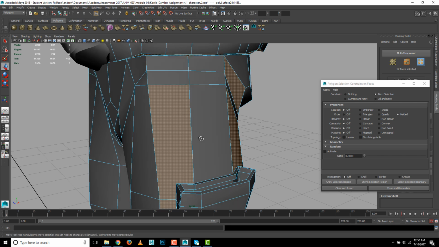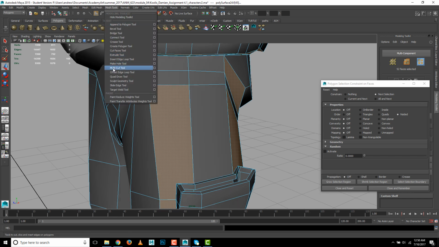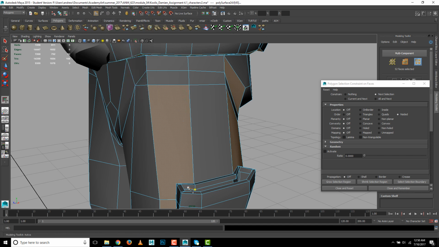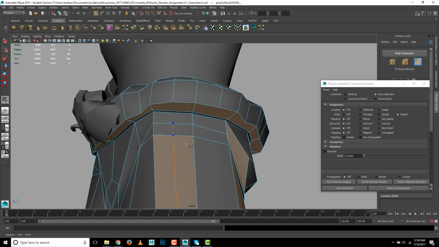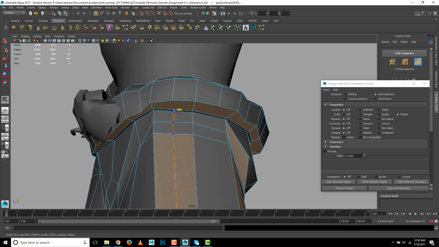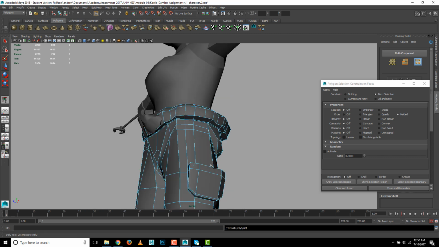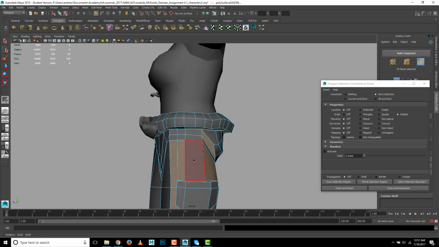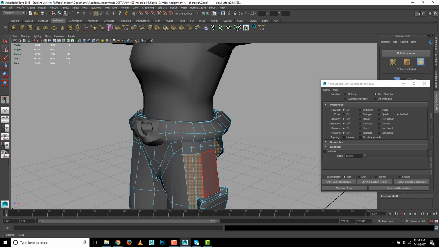So for example, I'm just going to grab my multi-cut tool. I have it there, multi-cut tool. I put it in my shelf right there. So if I started from this corner, I'm going to hold down shift to get 50%. That's the middle of the edge there. And this one I can kind of hook right up to the belt anyways, because I was going to have to fix that face anyways. So now I've actually sort of killed 2 birds with 1 stone there, and I fixed, oh, that's still